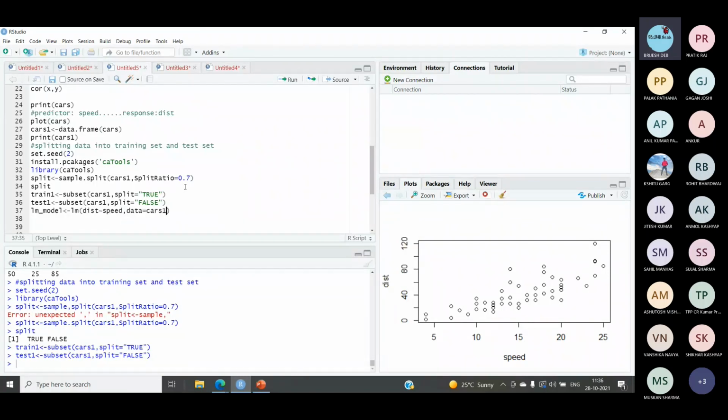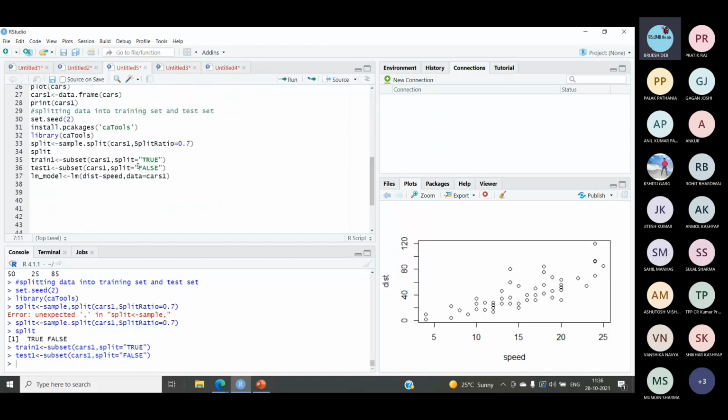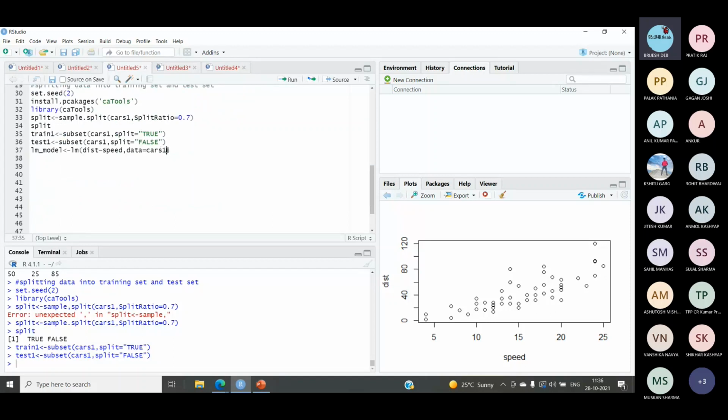Now here you can see when we did the same thing with vector variables, like over here, we didn't specify the second argument for the model creation LM function, because we were creating a relationship between only two vectors. But now we are not using simply vectors. Here we are using data sets, which are predefined, or you can consider it as a data frame, whatever you want to call it, which consists of a lot of values.